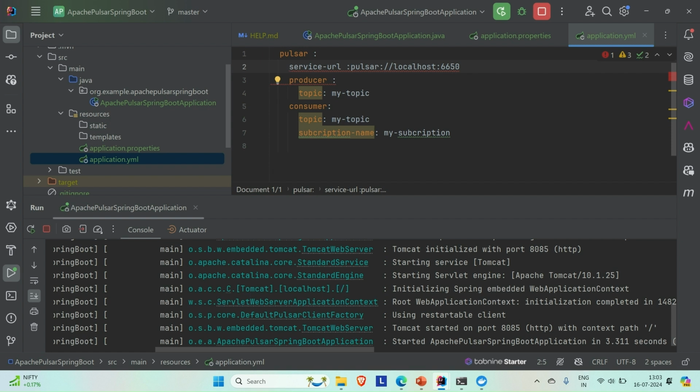So we are using this service URL, and then okay, we are good now, and we have the producer topic, consumer topic, and the subscription name. Everything looks good now. So we did the necessary configuration. What we did here is we configured the service URL where our broker is locally up and running, which is the port number 6650, and we